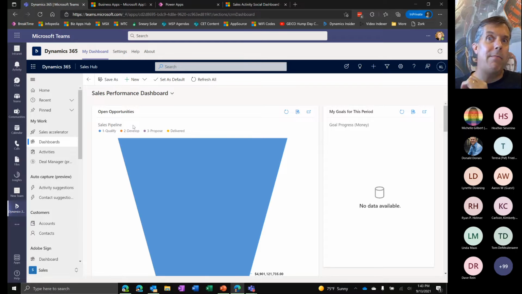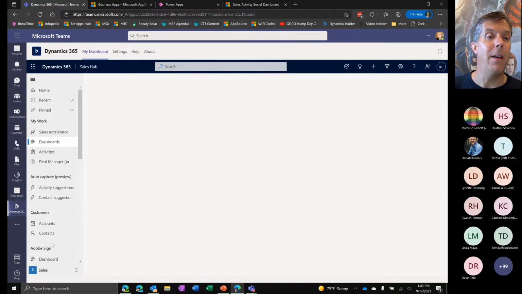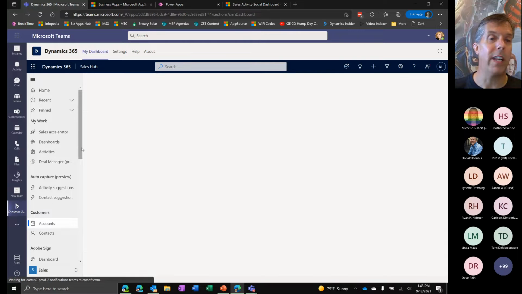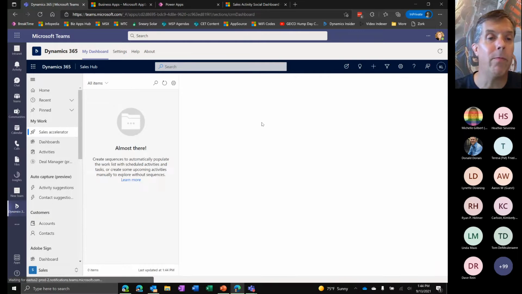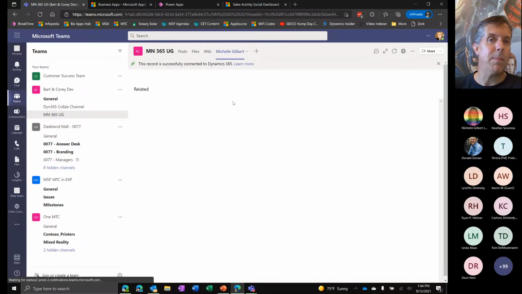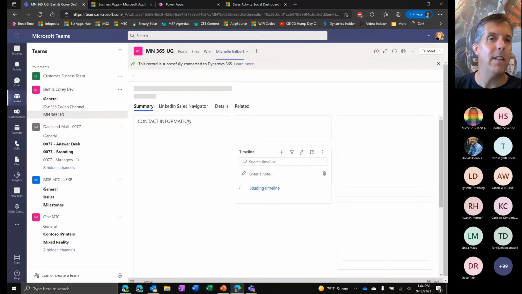And that way, as a Dynamics user, if I happen to be in Teams, I can just click on the Dynamics app and I can still look at what's usually top of mind for me. And I can still navigate around the entire app from here, that I am not limited to just what showed up on my dashboard there. I can click around and use the entire Dynamics app from within Teams just by clicking on it that way. Of course, if I came back to my normal channel, I can still see the specific record that I had exposed out here as well.